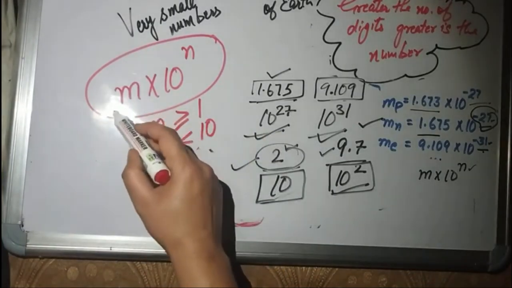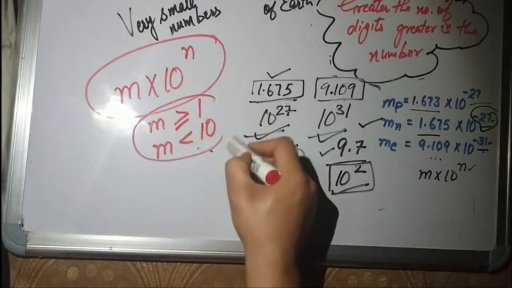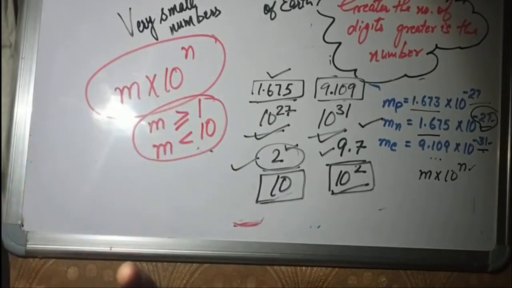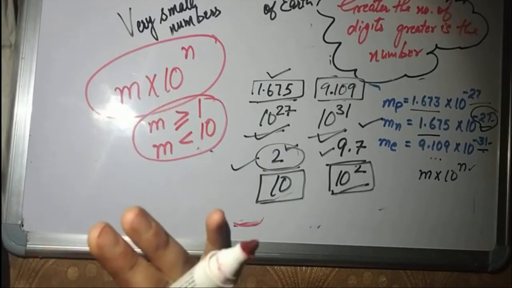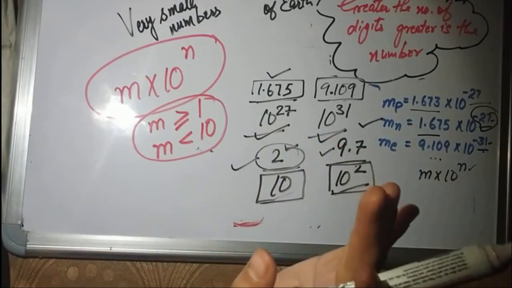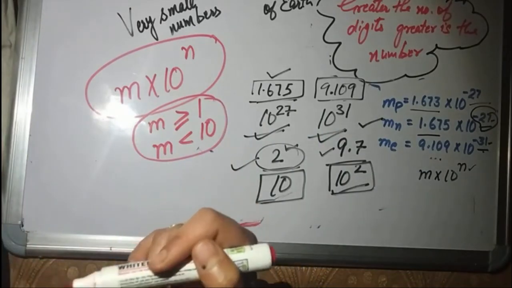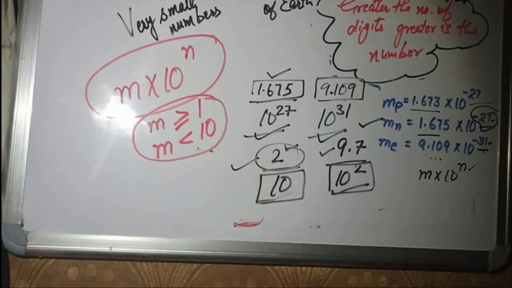Please keep a note of this. This is the condition. What does this condition say? It means m should be a 1-digit number. It should only fill the ones place. m should be a ones place digit. It should not go beyond that towards the left side. It should not be a hundreds place digit. It should not be 1,000. It should only be a ones place digit.